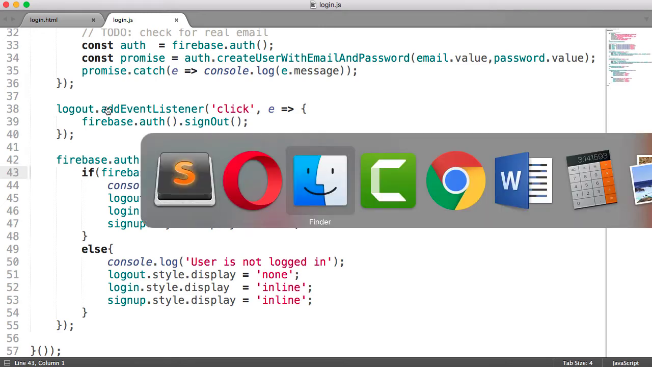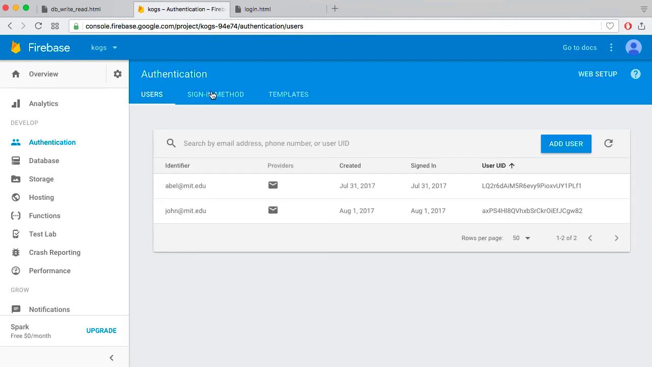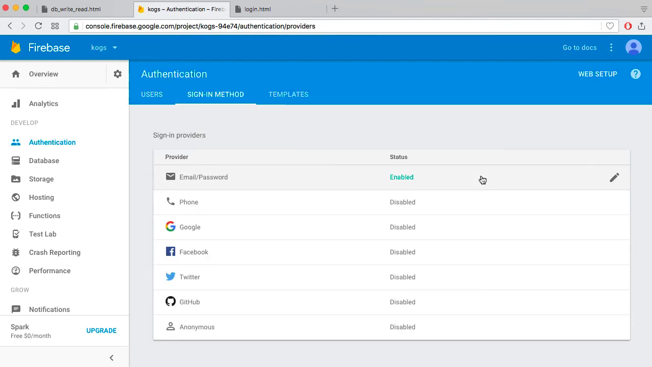Now, if we go back to the editor, if we wanted to change the method that we were using for authentication. In this case, as you can see here, I have email and password enabled. But if we wanted to move to, I'm not sure what phone is, but if we wanted to move to